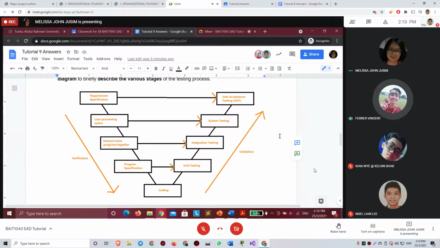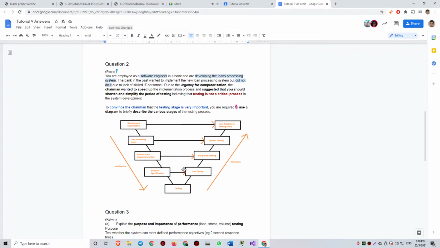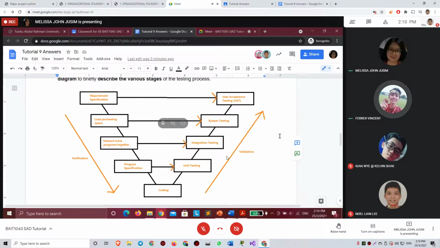I'm not sure what the question wants, because it says it needs the diagram, right? So I did the stages from the requirement specification towards the program specification and then the code. After the coding, the programmer will then do the unit testing,